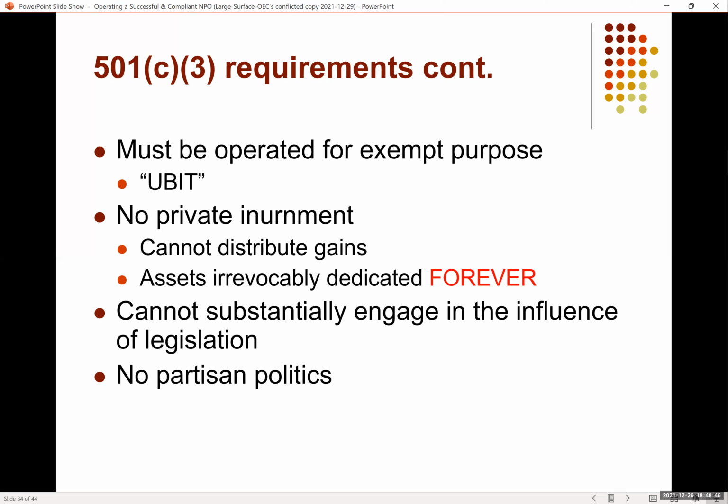So it's ongoing. You can't buy a car in the nonprofit's name and use it for your private use. That's private benefit. But you can buy a car if you're going to visit clients. But do know when you sell a car, the proceeds have to go back to the organization, and if you close, it has to go to another nonprofit. You've got to be careful about your politics, and that's really important. So these are the things the IRS is looking for. But don't think that you go broke because you're in a nonprofit.